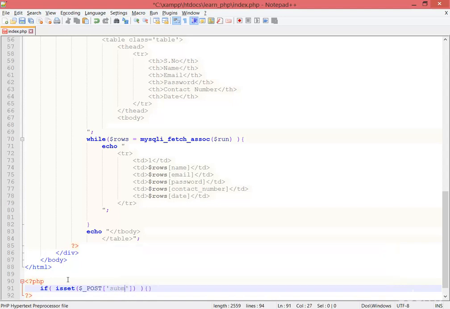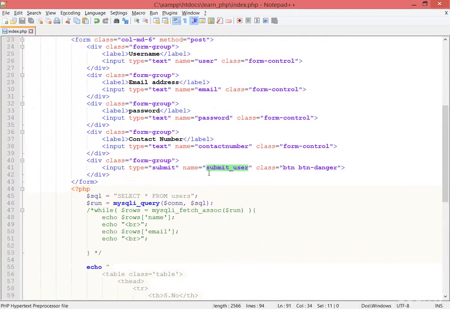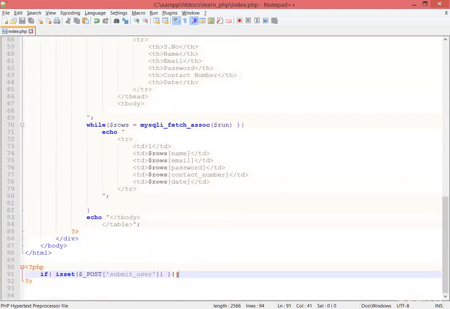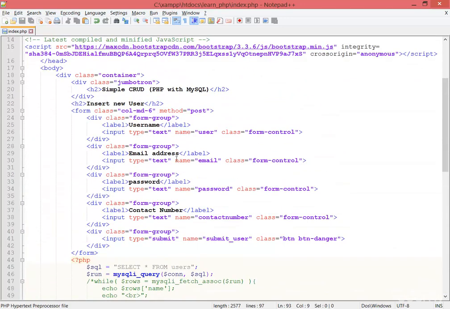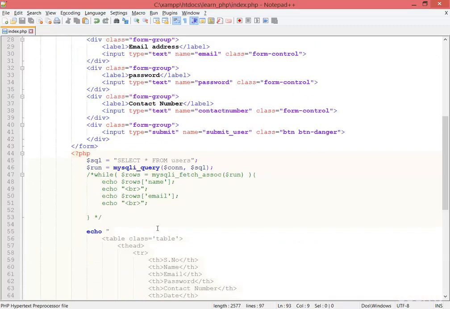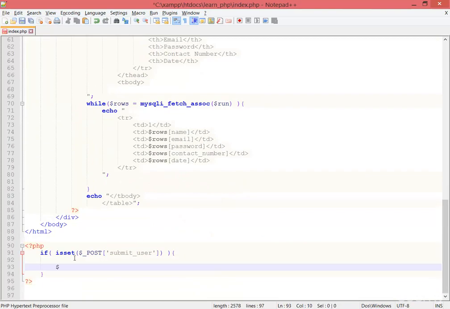Submit user. This submit user is actually the button's name. So if anyone clicks on submit user, then this block will run. Now I'm going to get all the data from this form: the username, the email address, the password, the contact number. So now the post